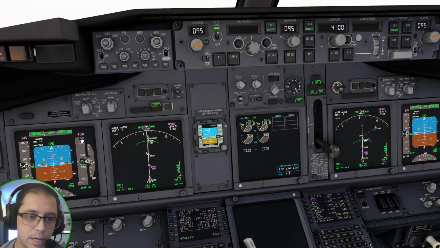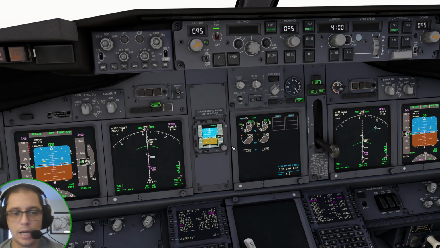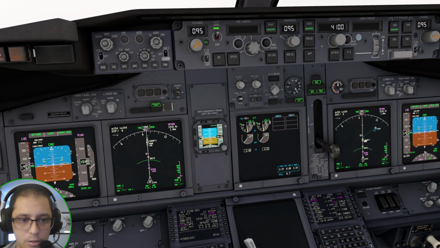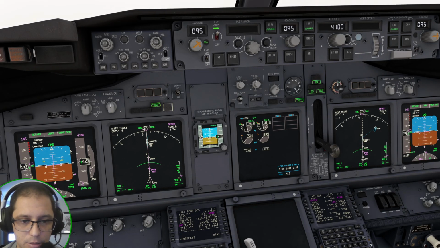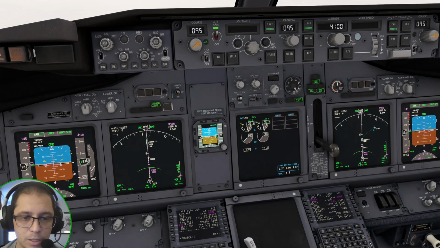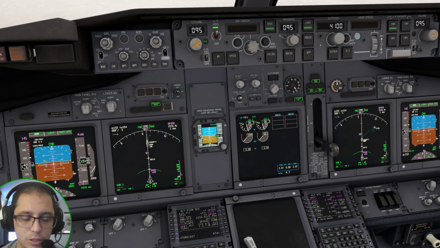So we have retard and VNAV speed. The airplane is going to reduce towards idle. If I think I'm descending too much, again, I can always add a little bit of thrust to arrest this rate of descent. Okay? So as you can see, now the airplane will be even able to catch the profile